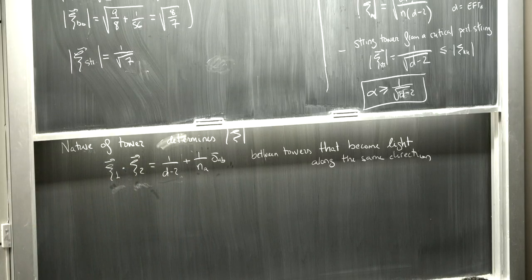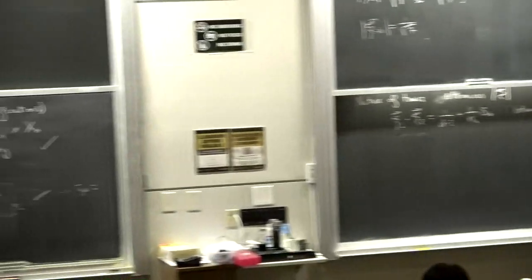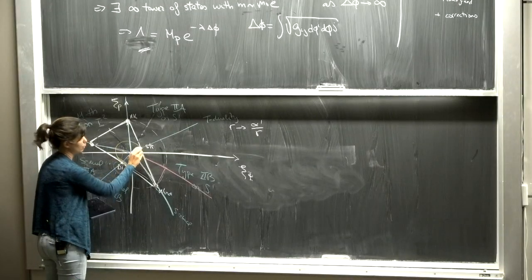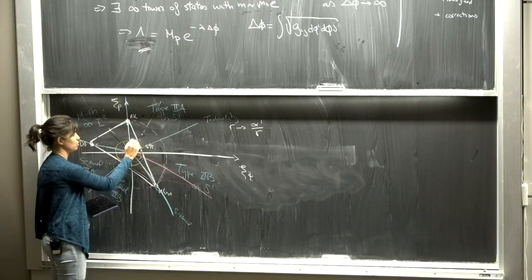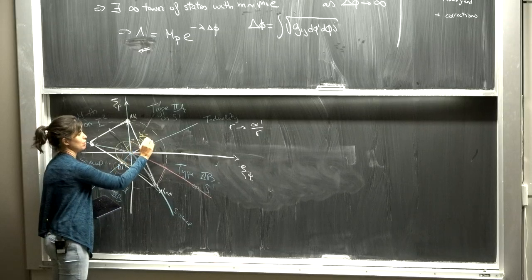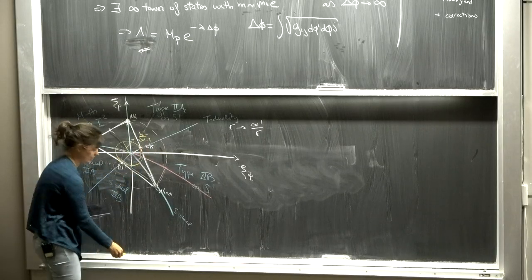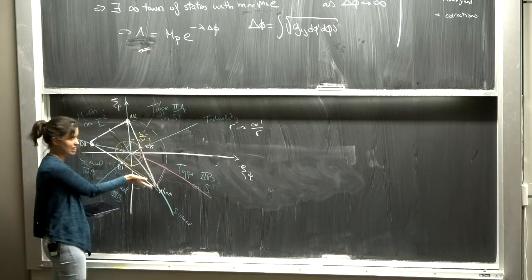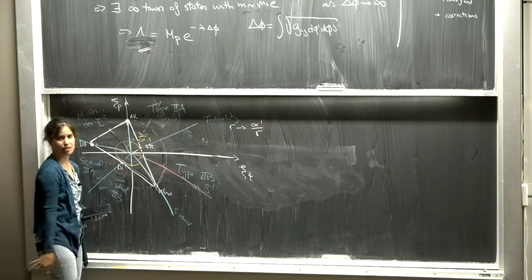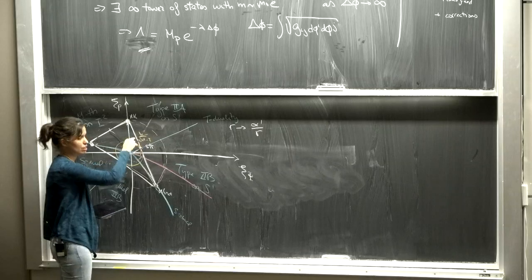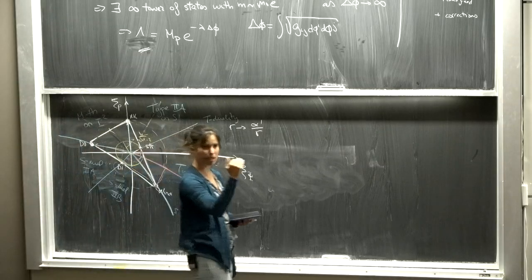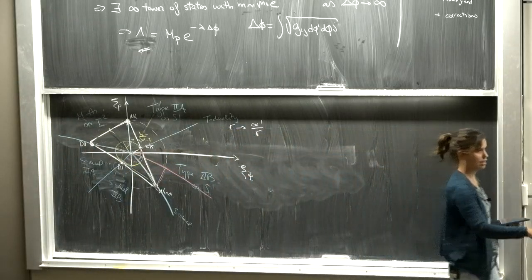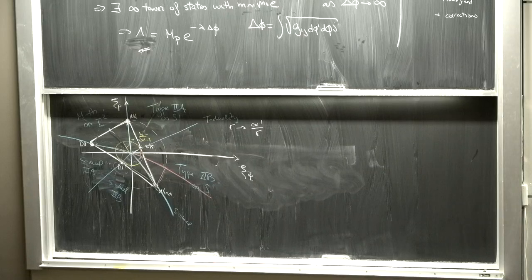Okay. Also here, I didn't say, but a way to check that is that you can always have inside of these polytopes a ball of radius 1 over the square root of d minus 2 that always fits inside of these convex hulls, and tells you that in any direction there is always a tower of states that decay at least with this exponential rate. So it gives you a bound on how fast they have to decay. Okay, so here this is also satisfied.